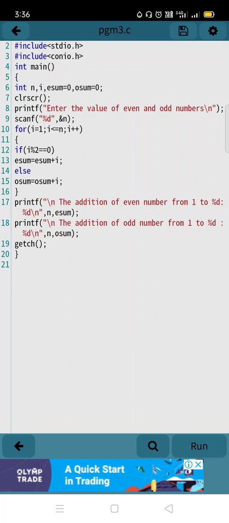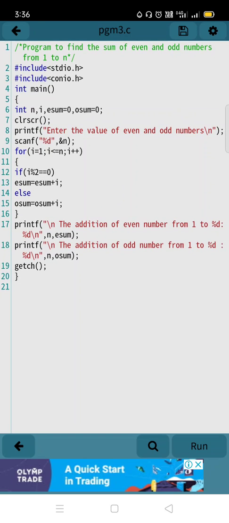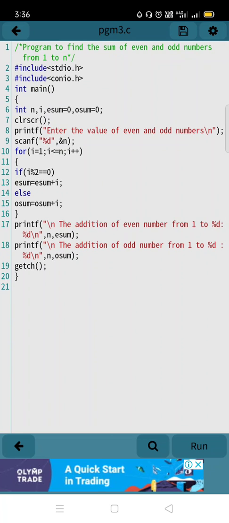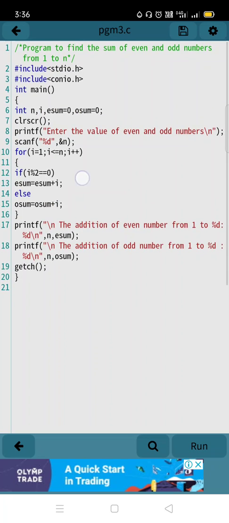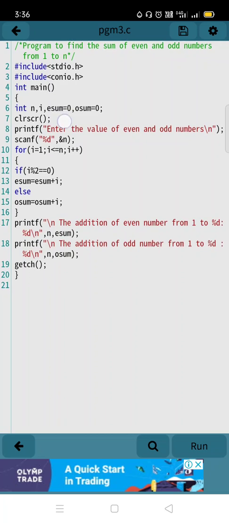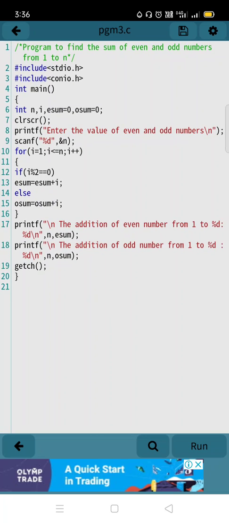And again it is going to come here. I will get incremented to 2. Right, next time I is 2. 2 is less than 5. Yes, the condition is true again. I will get incremented and the condition will be checked again. 2 divided by 2, now the remainder becomes 0, right? This condition is true, so this one will be calculated. That is ESUM equal to ESUM plus I. ESUM also was initially 0. 0 plus 2 becomes 2. So ESUM's first term will become 2.